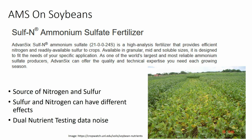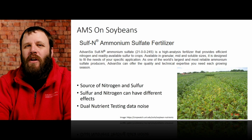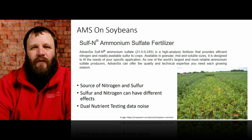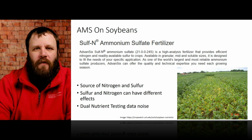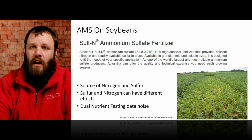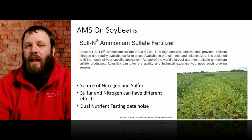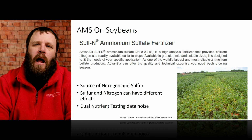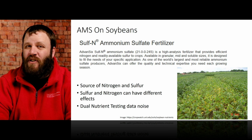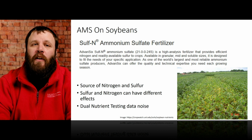Our next set of trials that we're going to look at are AMS on soybeans. So what am I talking about with AMS? I'm talking about placing an ammonium sulfate fertilizer, which is going to be nitrogen and sulfur, onto a soybean field. A lot of times we don't place sulfur or nitrogen on soybeans, because we don't usually see that much yield gain potential, and we don't usually see that much sulfur deficiency in soybeans. However, a company that we worked with called Advancix